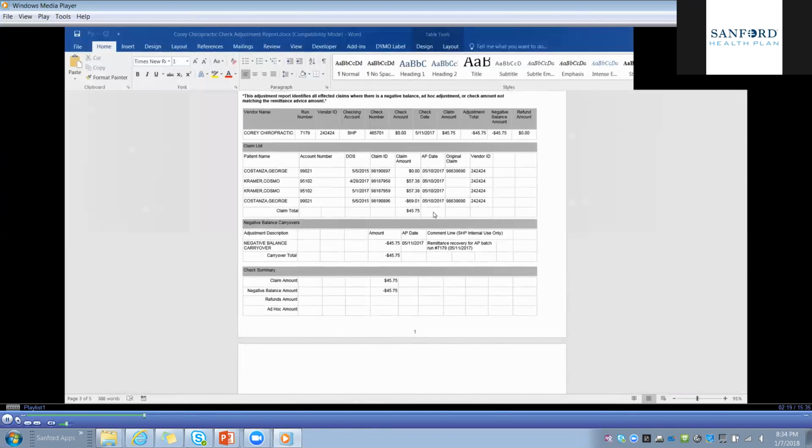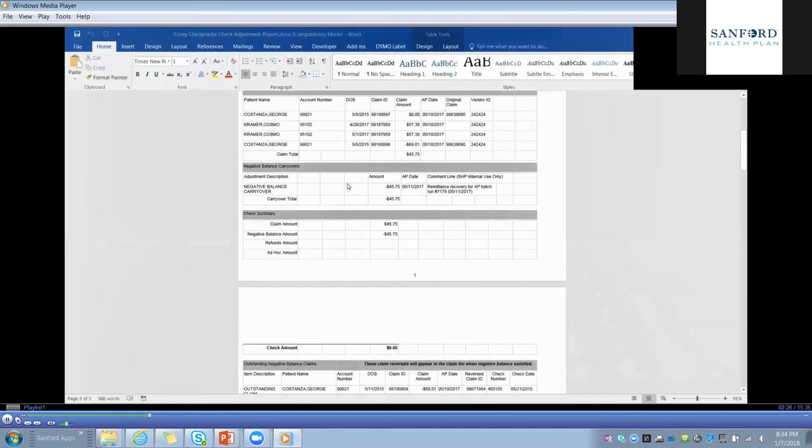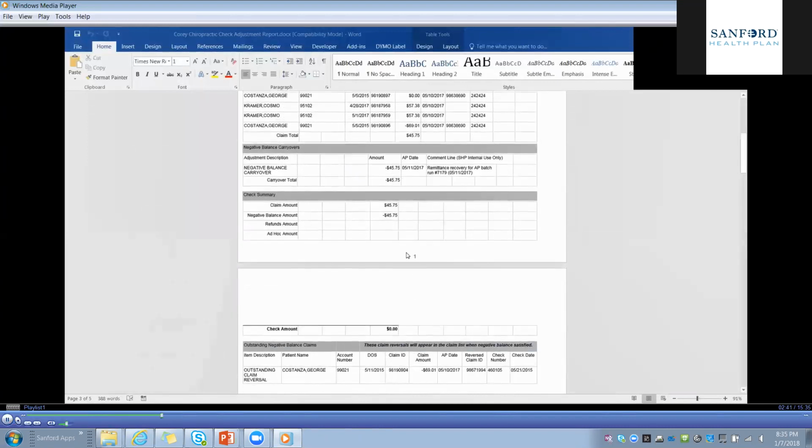Now the sum of these claims and the claim total is $45.75. And you'll see that there's a negative balance carryover of $45.75. You may be wondering what a negative balance carryover is. Well, Sanford Health Plan recoups on future claims and future claims payments. Well, in this case, the $45.75 is not enough to satisfy the outstanding negative balance claim of $69.01, hence the